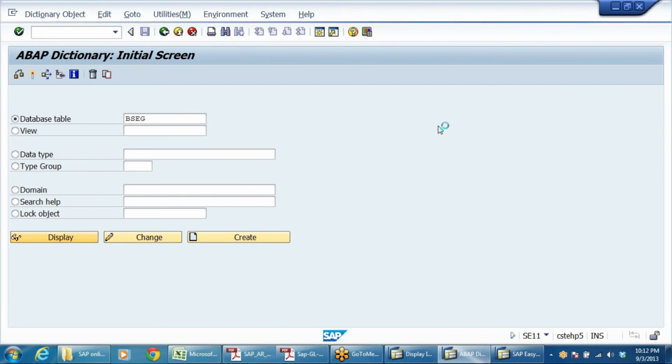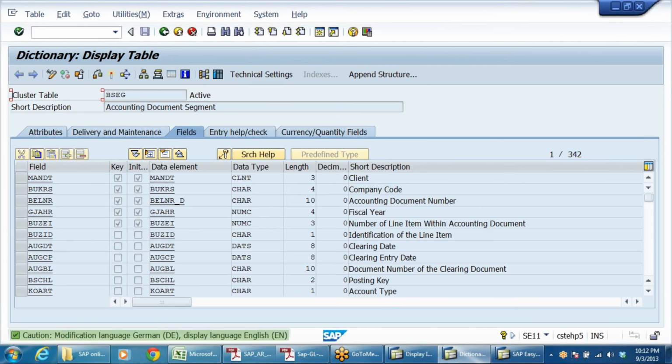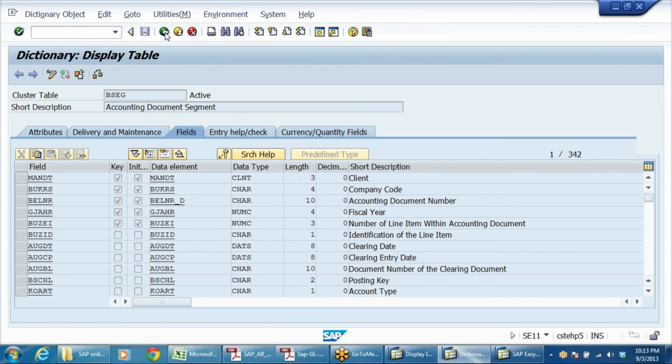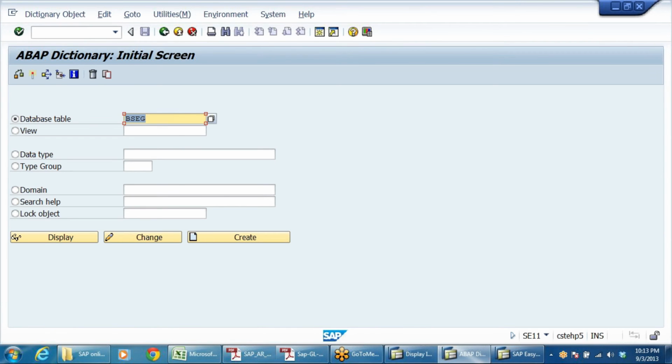Right. See, where the data is going to be stored, all this is called accounting data, the BSEG table. And ABAP consultants will know it only as the accounting document segment. Right, BKPF, another table.